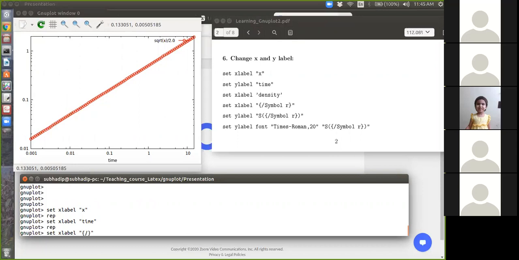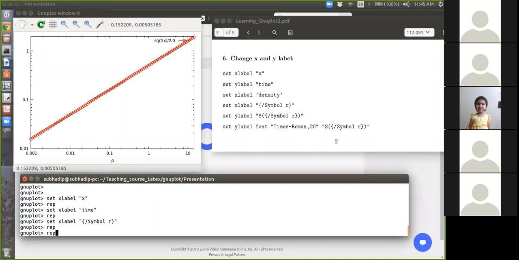Then write symbol, S Y M B O L. Okay, so this is the command. Then write R for rho. The S of symbol should be capital. Then replot it. You can see it has given you rho as the X-axis.